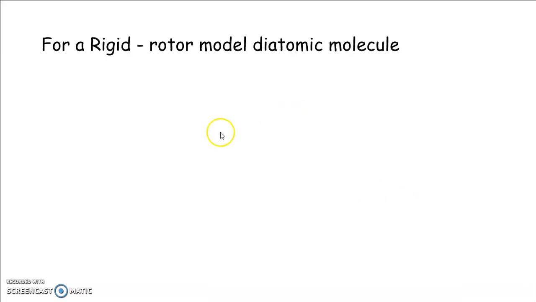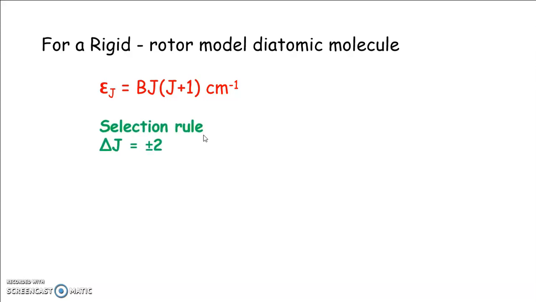As we know, for the rigid rotor model, the energy of rotational levels is given by E_J equal to B J (J plus 1) centimeter inverse, where J is the rotational quantum number. Following the selection rule, delta J equal to plus or minus 2 for Raman transition,